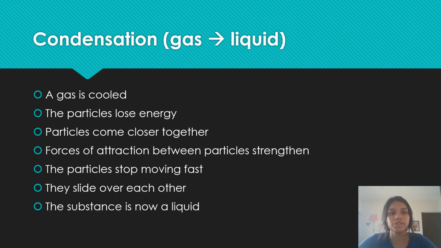Now we move on to condensation, which is gas to liquid. Same thing but in reverse. A gas is cooled. Okay, when you're having a shower and you see little droplets of water on the mirror, why? The mirror has a cool surface, so when water vapor in the air touches the surface of the mirror, it gets cooled. The gas is cooled. The particles lose energy. They come closer together. Movement becomes slower. The particles stop moving fast. That means slower movement. So they come closer together,